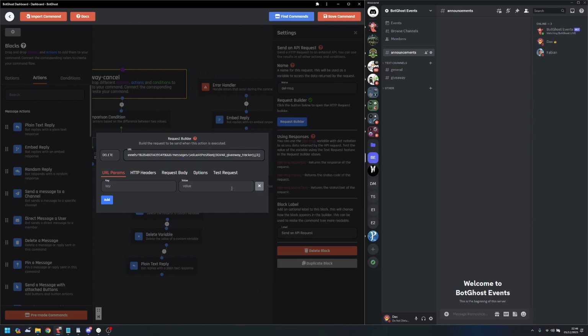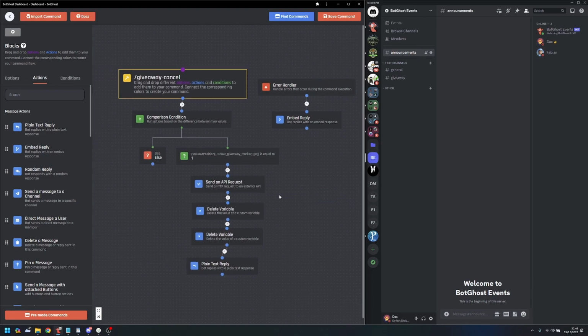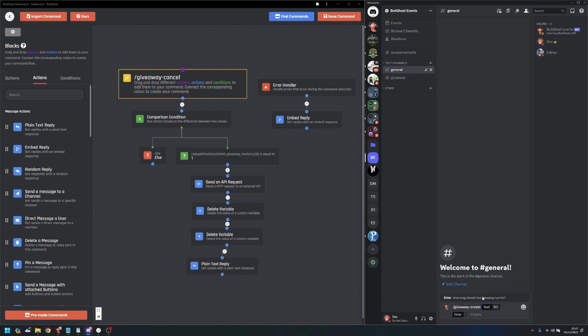So if everything goes well, this should now populate the correct message ID to delete the message, and then it should work just fine. So we'll save the command,